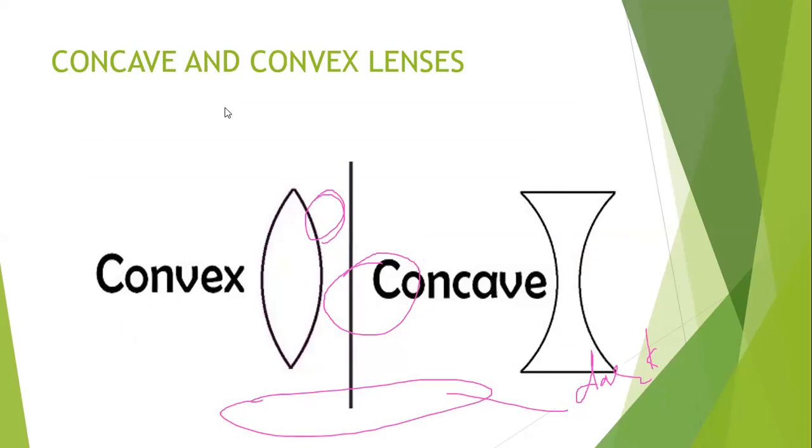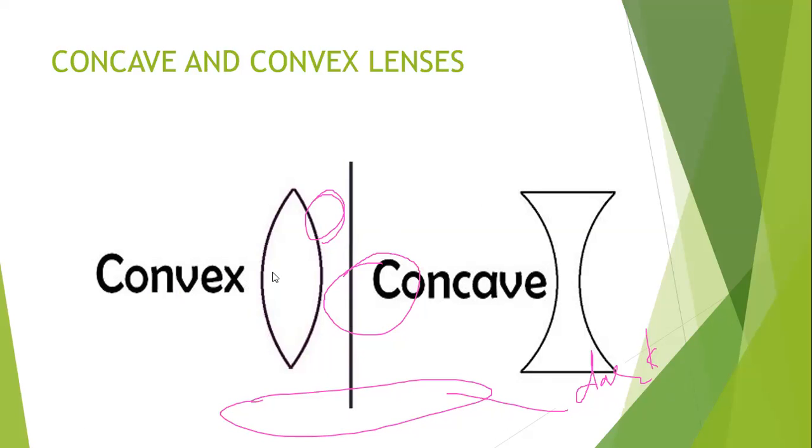Concave and convex lenses. Humans have made objects in particular shapes to take advantage of how light travels. These shapes, concave and convex, are the most commonly made, for example, mirrors and lenses. By these two shapes, concave and convex, you can understand how light travels and forms the image.